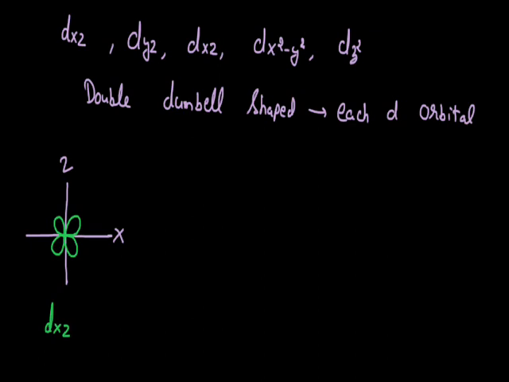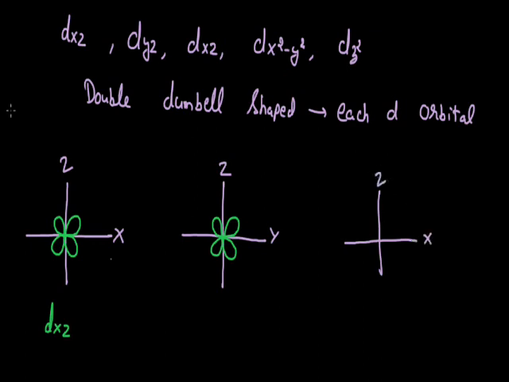Now if I talk about the next one, that is dyz, it shows the same manner as we have seen in dxz. The difference is that here these two axes will be y and z instead of x and z, and the arrangement of these 4 lobes will be between the axes like this. Now if I talk about the dxz, here these two axes are x and z respectively, and the arrangement of lobes will be like this. So that is about the dxz orbital. Before this we talked about the yz orbital, so that is about dyz.